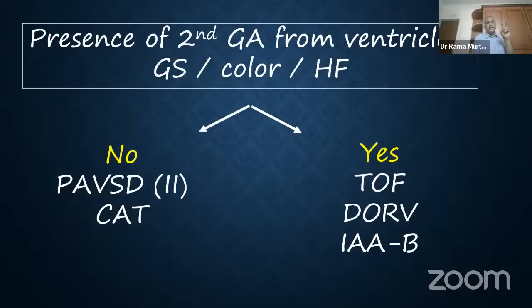So that is as far as the second artery goes. It's easy to understand because if the aorta is overriding and the pulmonary artery is atretic, pulmonary atresia with VSD, you may not see it at all. It may be just cord-like, right? Or if the pulmonary artery is arising from a common arterial trunk, then it is not arising from the ventricle, so you can't call it a great artery, isn't it? Whereas in all these conditions, you do have a second artery, and the second artery generally is a narrow artery, with the exception of interrupted aortic arch, which we will come to a little later.